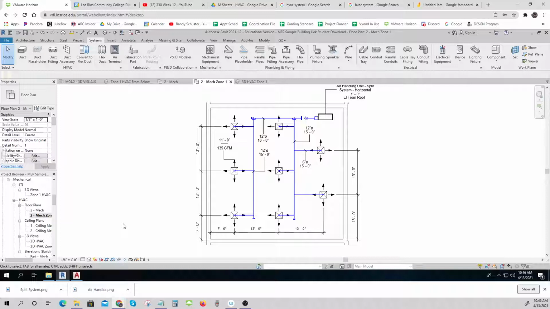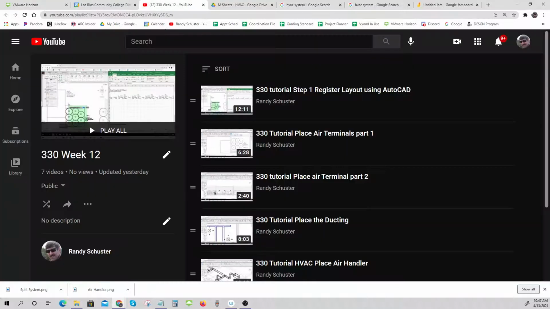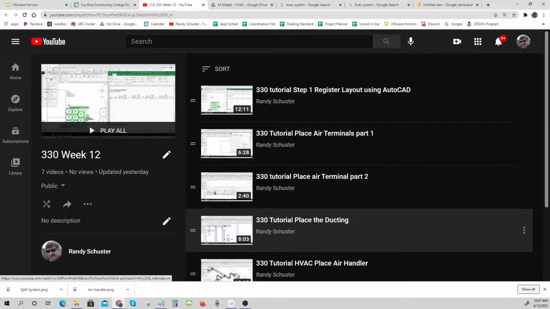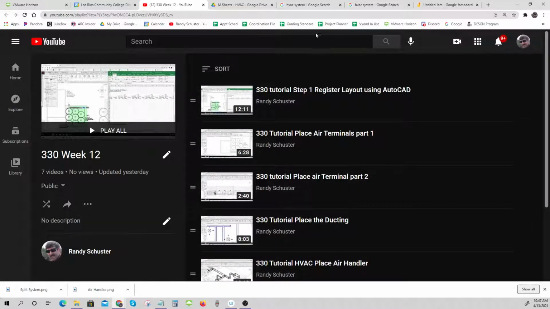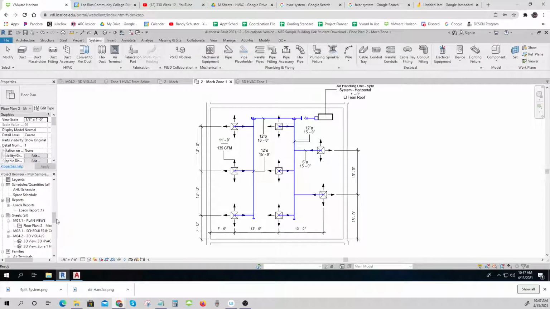Okay? Isn't that cool? And you're going to do that for each of the zones. Each of the zones will get one of those. Okay, and again, I'm just going over the basics of it because the playlist has all the details of how to do all of those things, and you can just watch those and get it directly. So the last thing we need to look at is how do you make your visuals. Before I do that, let's go to